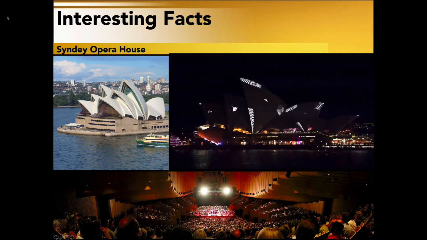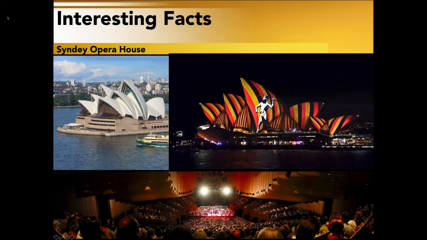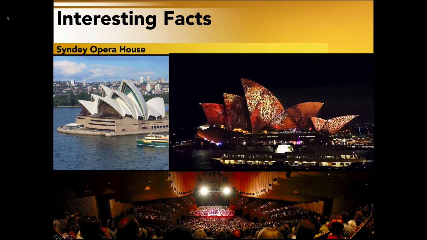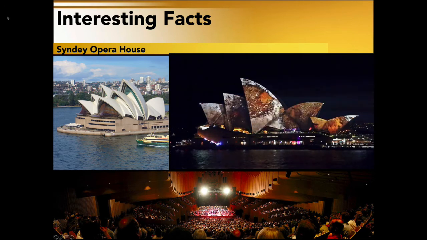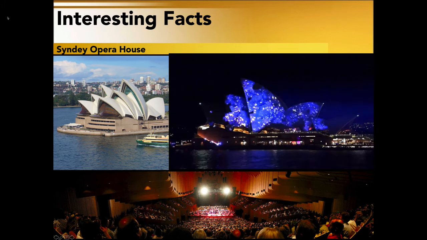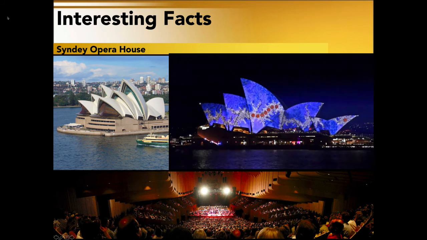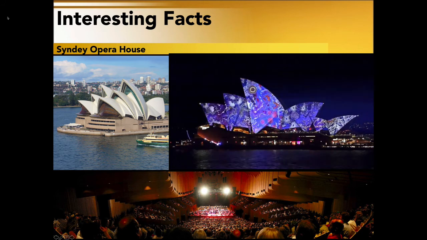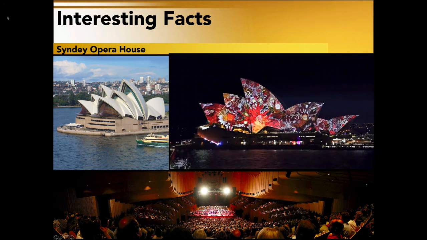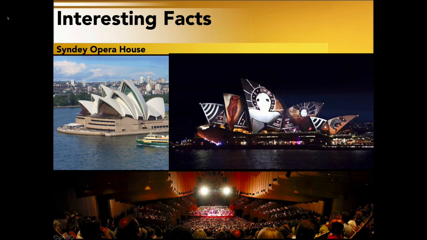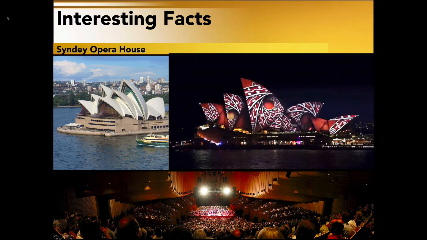While the cost and time of construction went way over the 6-year, $7 million budget, the government made the money back in the Opera House's earnings in just a few years after opening. It is now a huge tourist attraction that rings in over $100 million a year. The building was opened in 1973 in Sydney Harbor and boasts a 2,700-seat concert hall, 3 theaters housing over 2,500